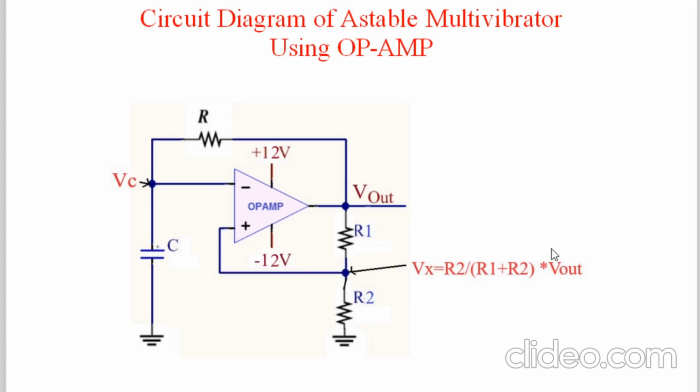And here into Vout. Now this Vout is not going to remain in HVL permanently, nor in LVL. Sometime it is HVL equal to plus VCC equal to plus 12 volt, and sometime it is in LVL equal to minus VEE equal to minus 12 volt. So we'll see the operation. So initially this circuit you try to understand, op amp is there, potential divider circuit is there, and output of the op amp is given to the capacitor C through the resistor R.